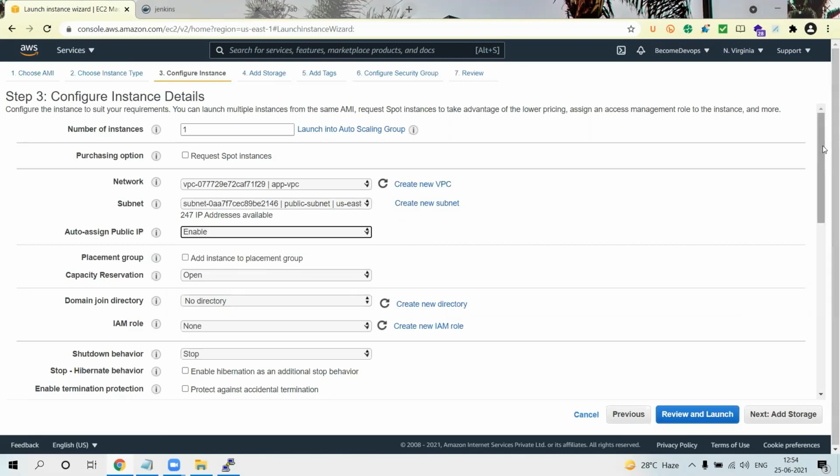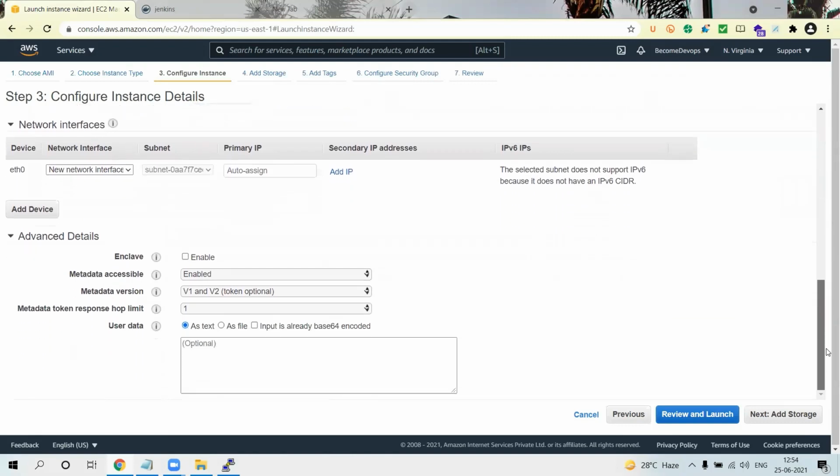So if we come down here, I do have a user data section. I want to launch a Docker container as part of user data, so that we'll be bootstrapping the Docker container. So by the time the instance has launched, everything will be ready. So let's do that.